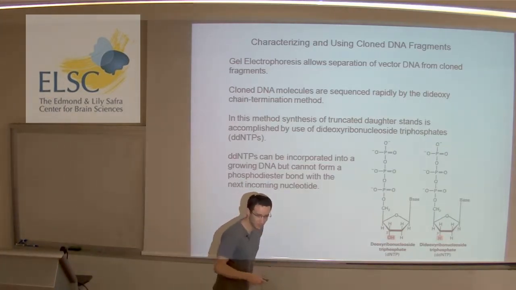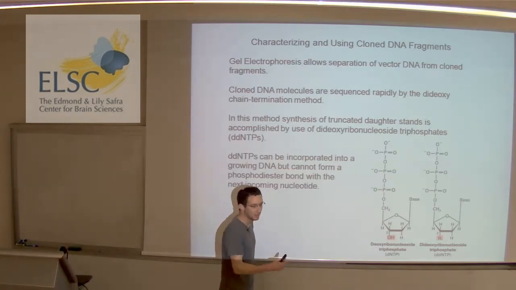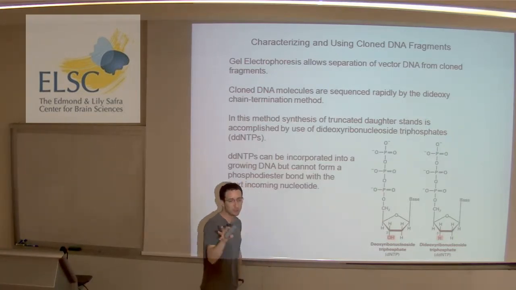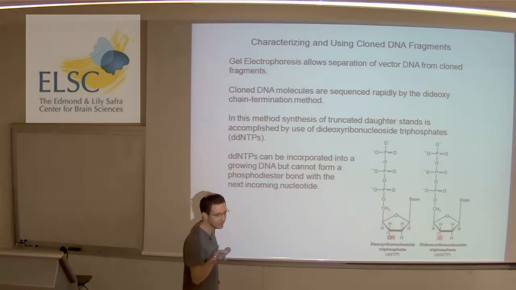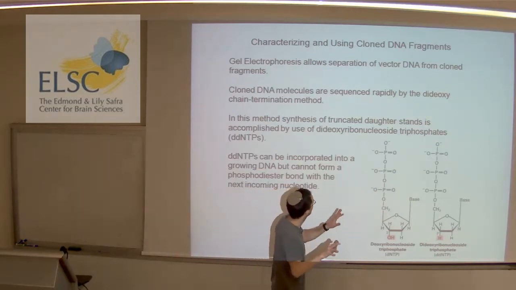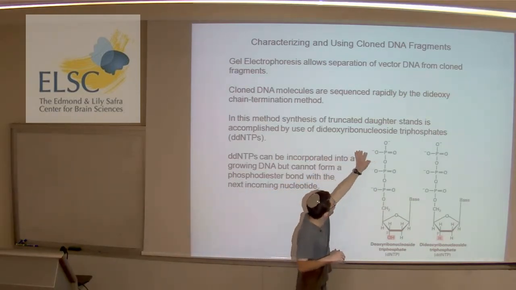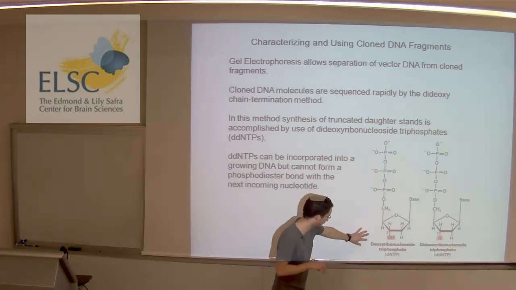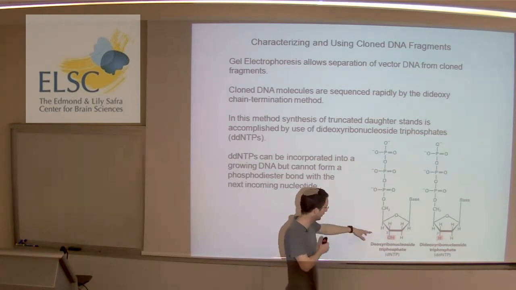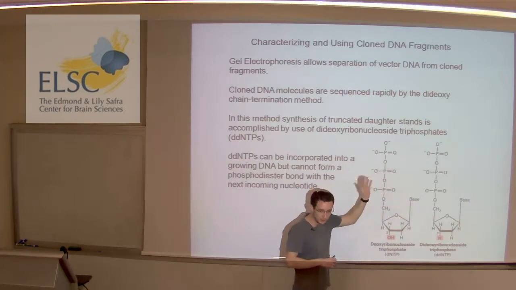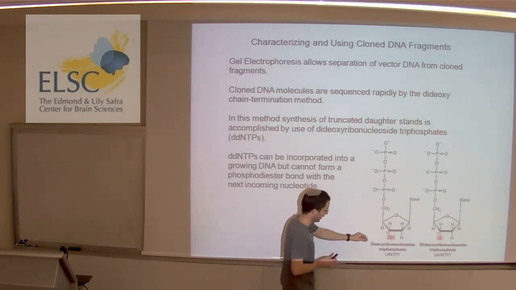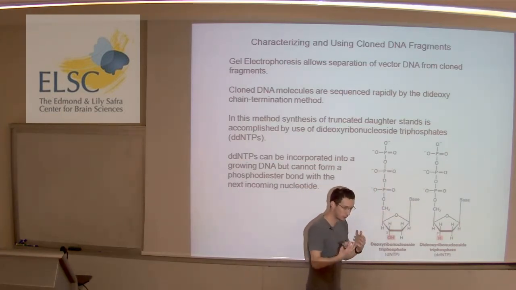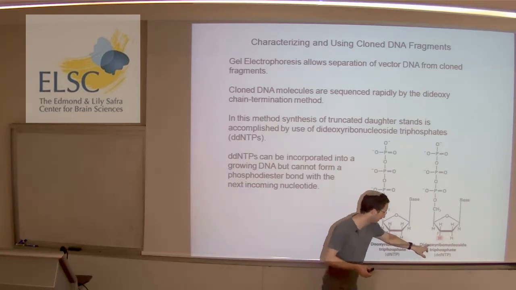dideoxyribonucleoside triphosphate. A reminder: the naturally occurring nucleotides in the endogenous DNA molecule are the deoxyribonucleoside phosphates. You see it right here, deoxyribonucleoside phosphate, and the base could be G, T, and so on. And what we use in the traditional sequencing method is the dideoxyribonucleoside, meaning that we have less